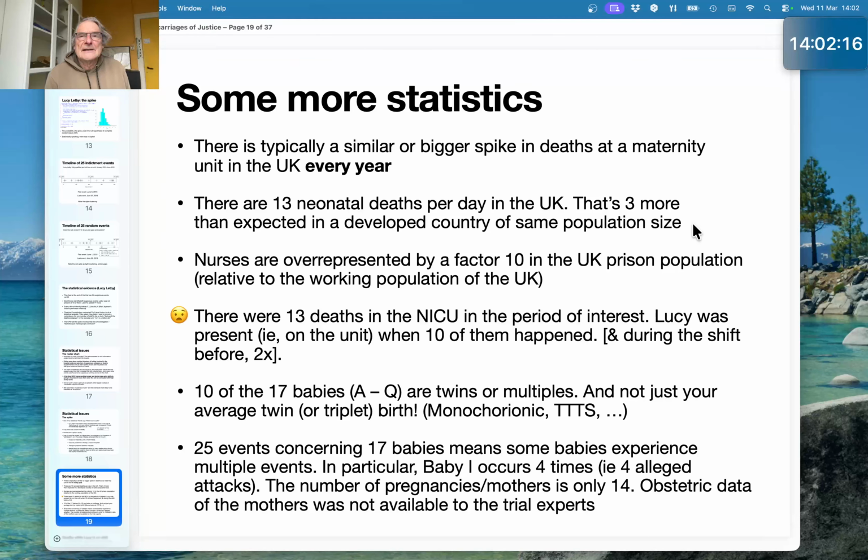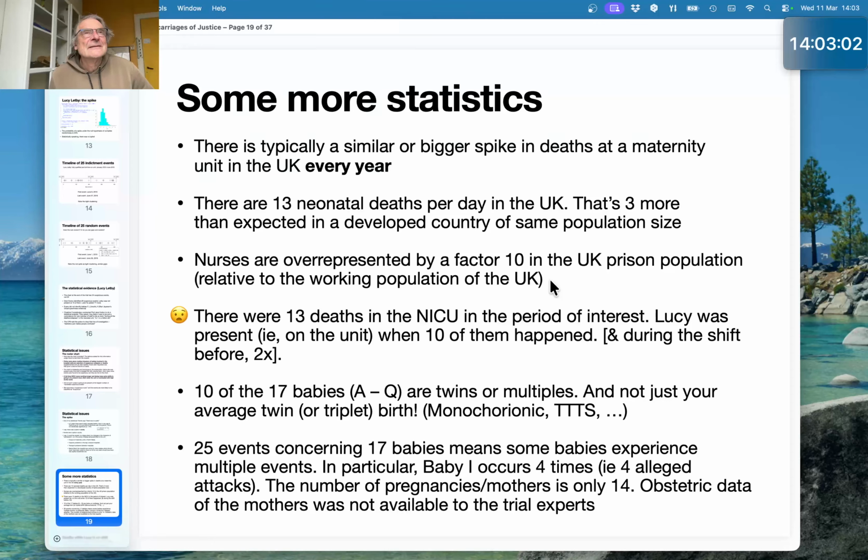worse care during pregnancy, antenatal care. Many explanations can be found for it. But I would say anyway, such a high rate, for reasons which something needs to be done about, are signs that neonatal care is not good in the UK. Maternity care is not good in the UK, and part of the problem is simply not enough money being put into it. Here's an odd snippet, and that is the number of nurses in prison in the UK is 10